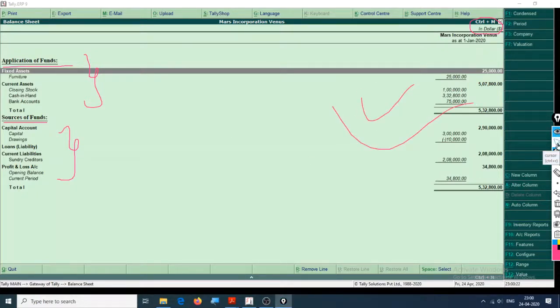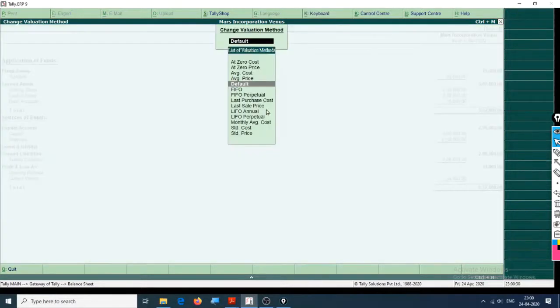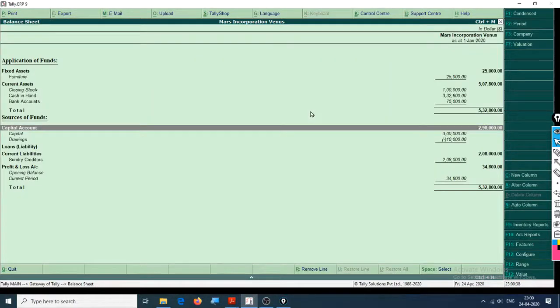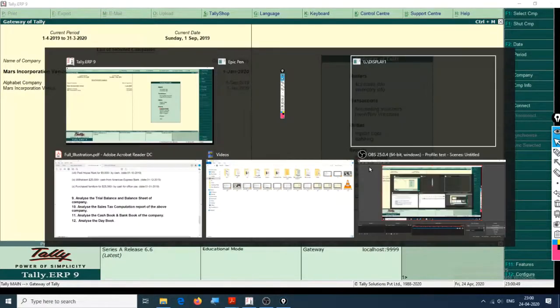There are other features also you can check out. Check out valuation, what it says. F7. Okay, so this is an advanced level thing. We'll get to it someday. Okay, accounting reports feature. So this is a vertical balance sheet basically. You can create a balance sheet in vertical format also, which is a reporting standard directly.